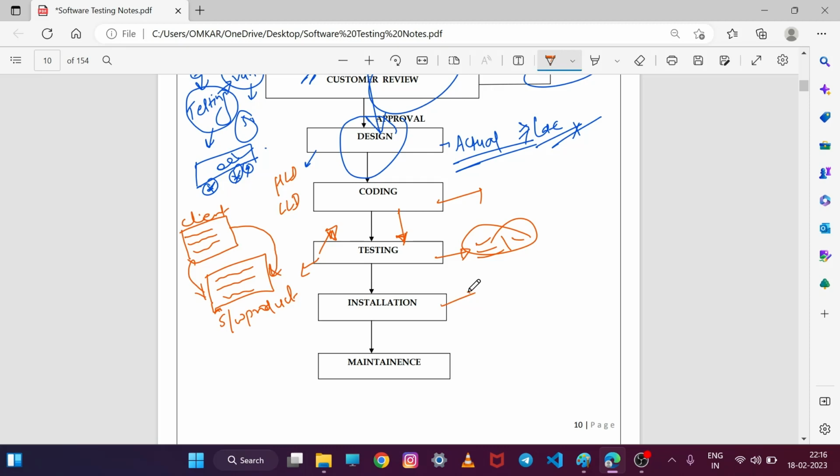There are 3 scenarios in installation. Okay, first is our company people go to the client location and install that software. This is the first scenario. The second scenario is that the installation engineer hires a field engineer. Okay, when he hires the field engineer, suppose there is a city, like Pune city. Okay, in Pune city there is a Reliance petrol pump, and there is software for the Reliance petrol pump.